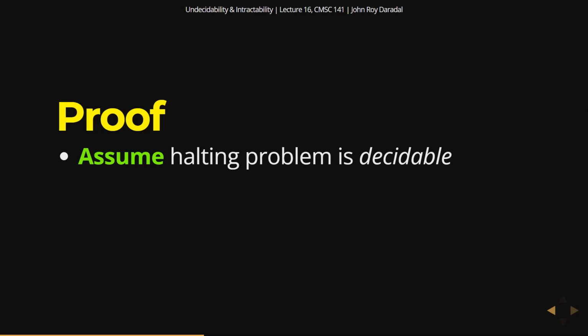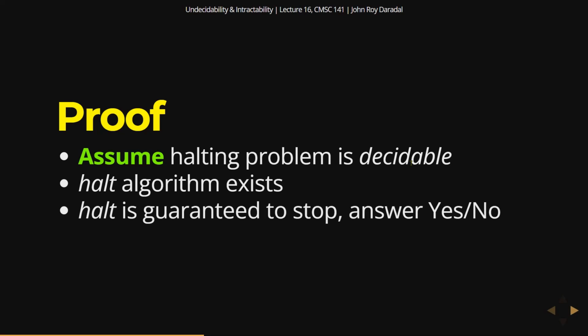As we mentioned, we'll use proof by contradiction. So at first, we'll assume the opposite. Let's assume that the halting problem is decidable. Okay, so if it's decidable, then the halt algorithm exists. So halt is guaranteed to stop and answer yes or no. Now,